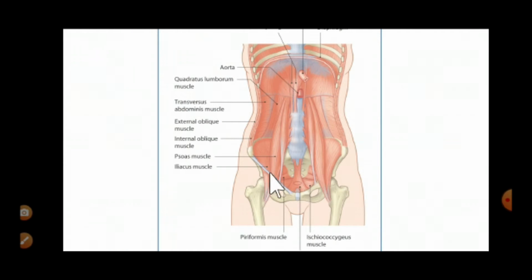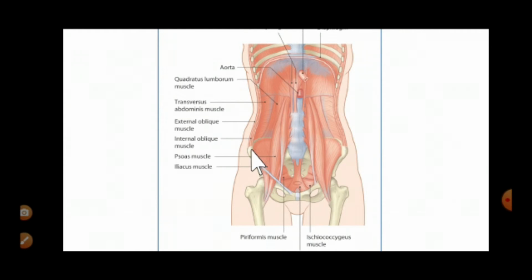Now here we have the posterior abdominal wall. So in the posterior abdominal wall we can see the psoas major muscle, here the psoas minor. Lateral to this psoas major muscle we have the quadratus lumborum, and lateral to that we have the transversus abdominis muscle. Here lower down we have the iliacus muscle. Now all these muscles are also covered by a fascia which is called the fascia iliaca in this region. Now why are we talking about this fascia iliaca and fascia transversalis? Because these are the fascia which will be forming the femoral sheath.